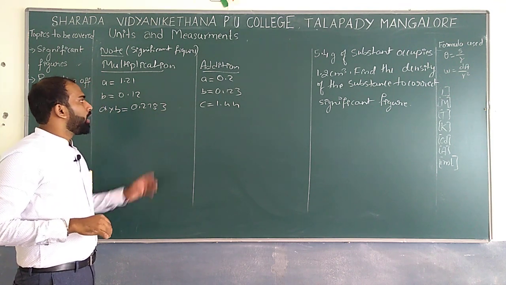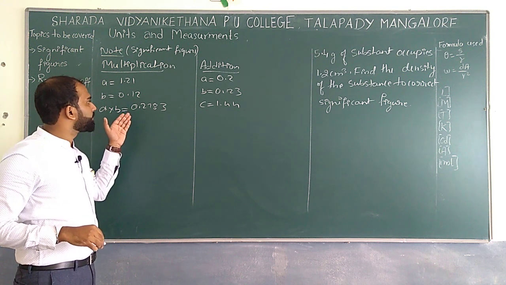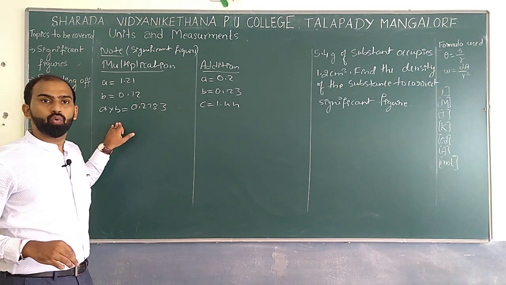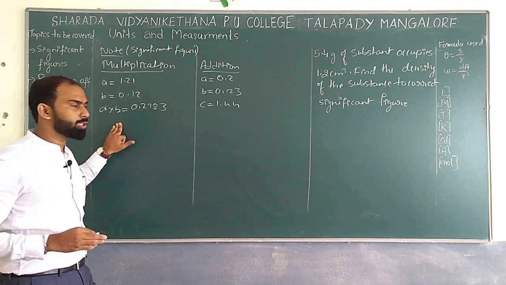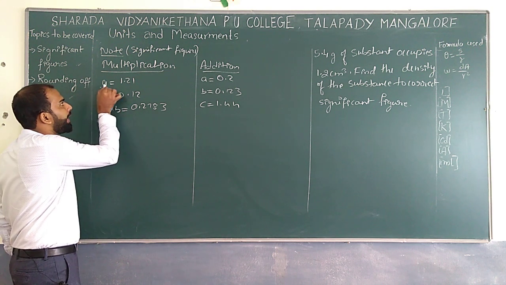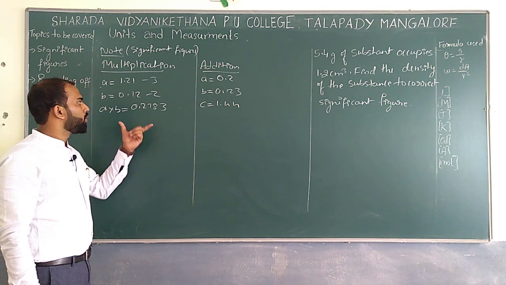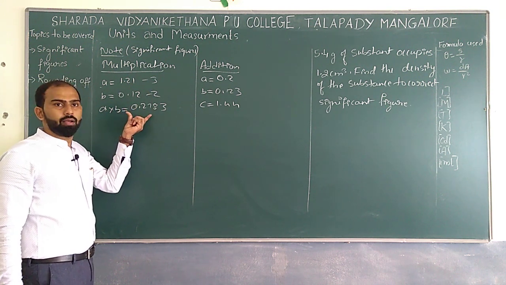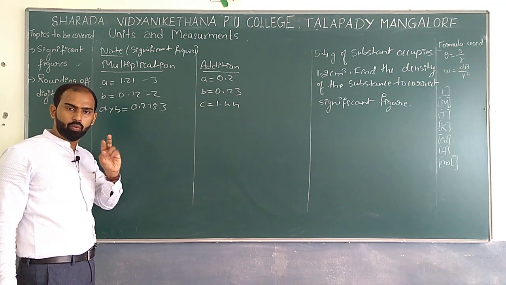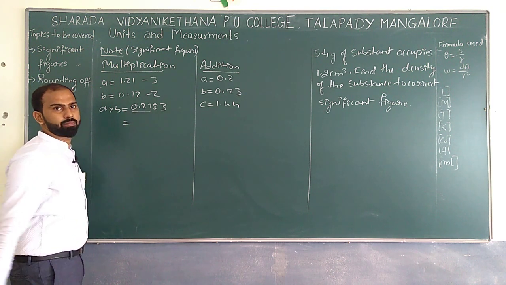Correct? So now you cannot keep it like that if they say to write the final value with respect to particular significant figures. You are supposed to round the given answer with respect to the least significant figures in the given terms. So in A we have 3 significant figures and here 2 significant figures are there. So now you are supposed to keep only 2 significant figures. That is, you are supposed to take only this.